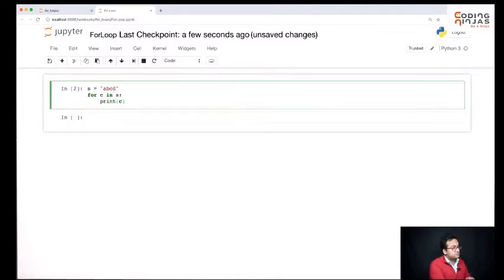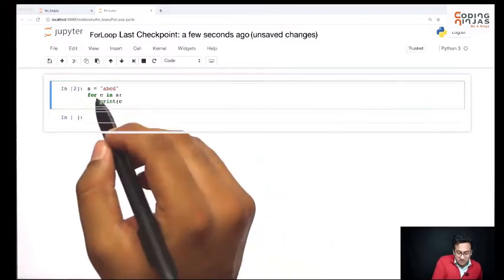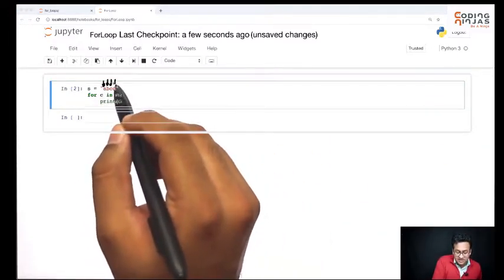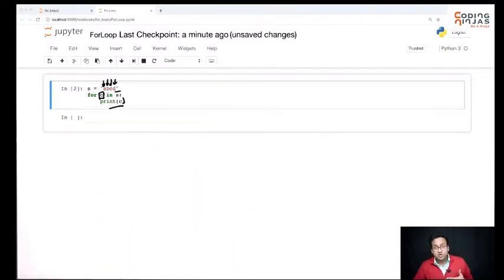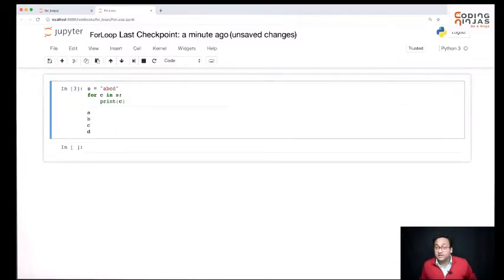what I want to do is, let's say I just want to print C. What I'm expecting to see here is that we will go through first A, then B, then C and D. So C will take these values, and when you print it, it should basically print it in a new line, because by default, it prints to a new line. Okay, and that's exactly what is happening. The syntax is extremely simple. You have a sequence. Sequence means multiple elements put together, and when you apply a for loop on that, it will basically go through each element one by one. Okay, so that's how you can do it for a string.